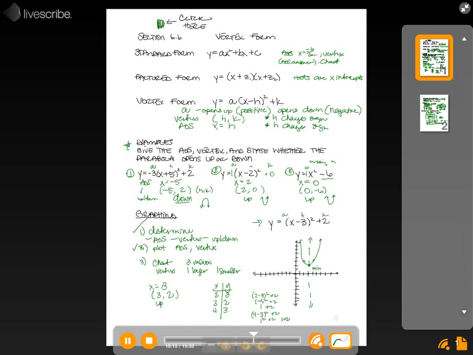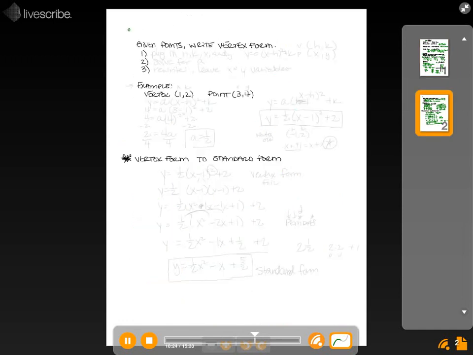Pretty easy. A little easier than standard form because we don't have to find as much stuff and remember a formula. Now the next thing we're going to look at, last thing here, is if we're given points, how do we write those in vertex form? Alright, so if we're given points,